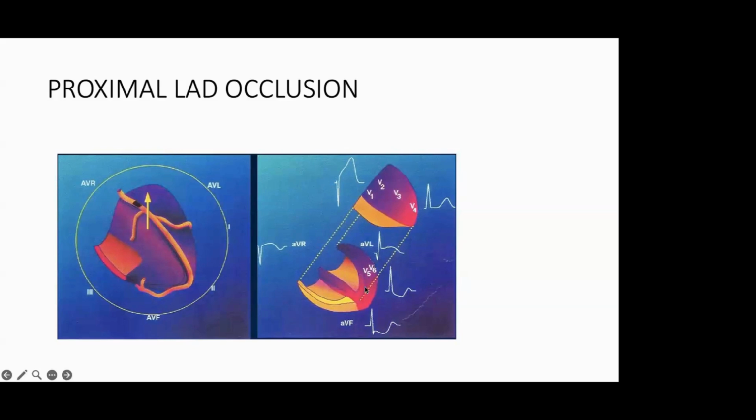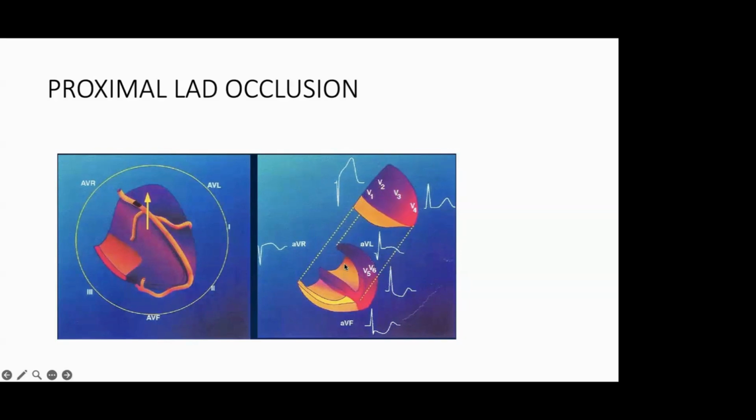So the entire septum as well as the anterior wall is ischemic in this. So there will be ST elevation in aVL, then V2, V3, V4, V3, V4 mainly. Septal is involved, so V1, V2 also, anterior V3, V4, and aVL will have ST elevation, and corresponding